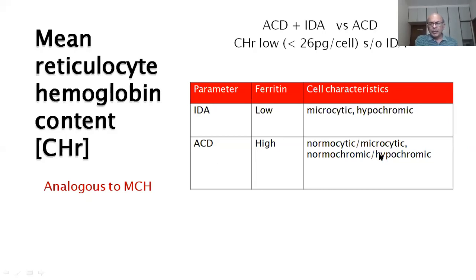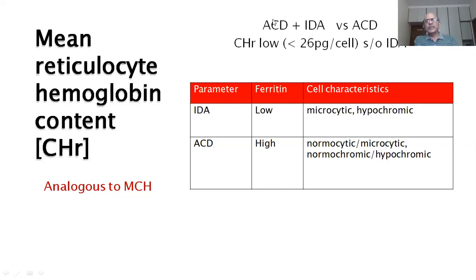If they have microcytic hypochromic anemia, you are always in a fix. Am I dealing with IDA or am I dealing with anemia of chronic disease? So the next test that you do is a ferritin level. If the ferritin level is low, you are dealing with IDA. If the ferritin level is high, you are dealing with anemia of chronic disease. Now the confounding thing here is, imagine a patient who has got IDA, but in addition, he has got inflammation. So he has a combination of both. He has got iron deficiency anemia plus anemia of chronic disease. This is a very important, difficult problem.